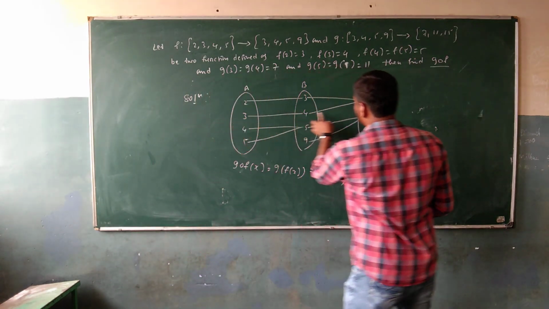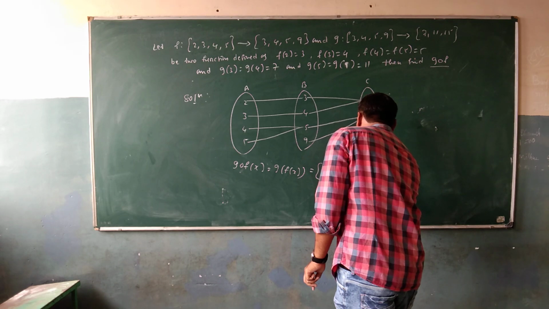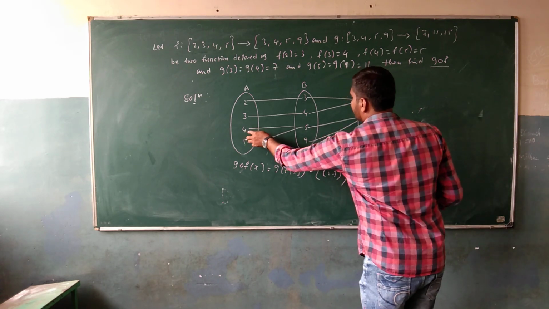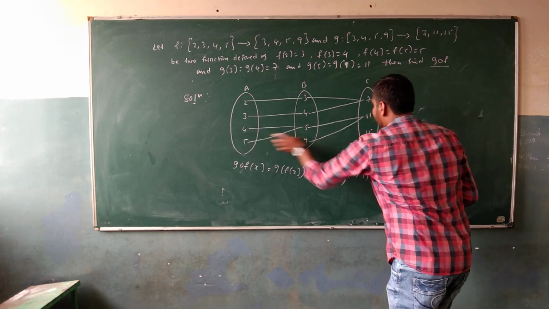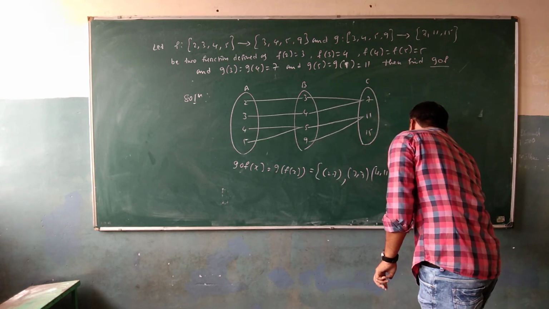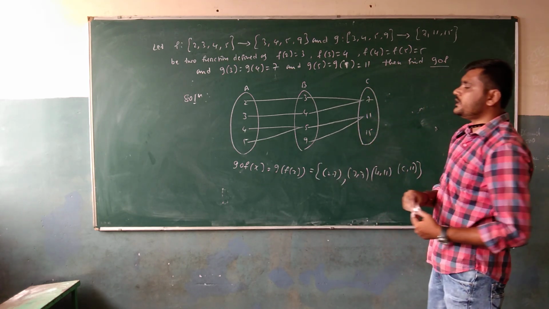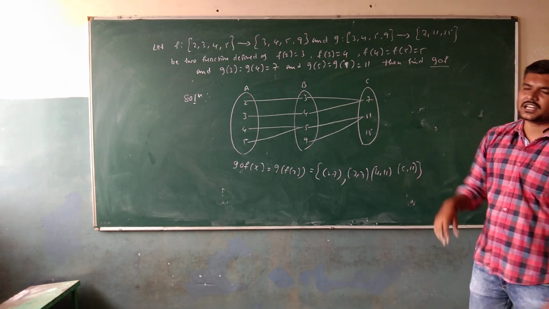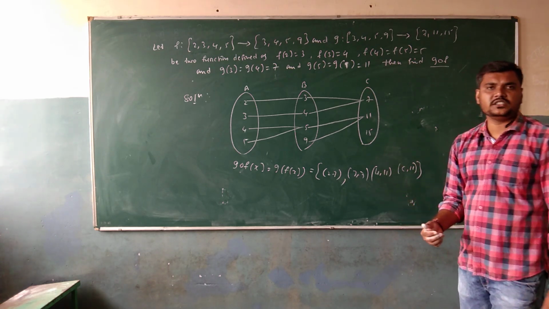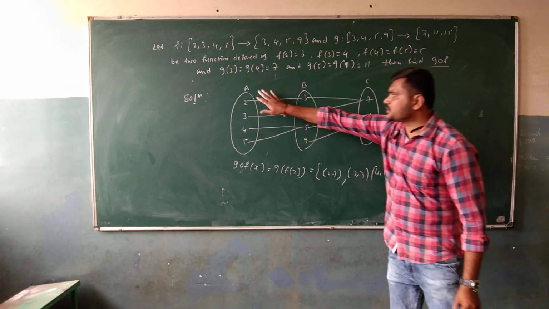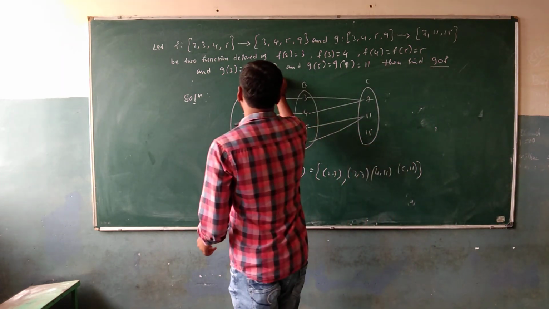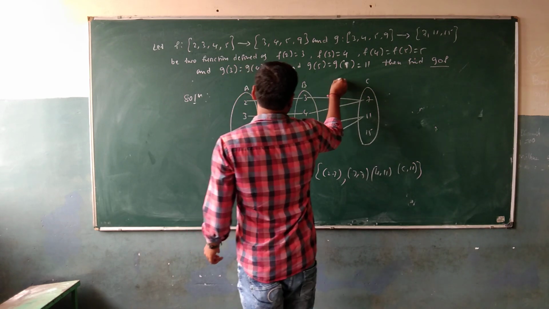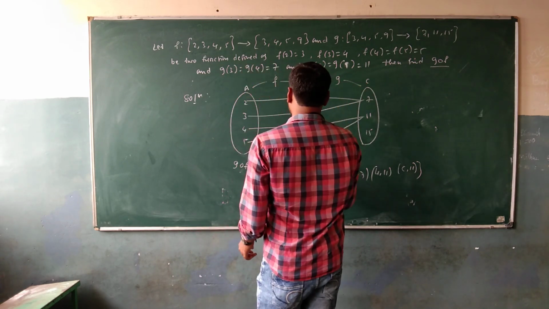Give 3. What comes for 3? 7. So 3, 7. What about 4? 4, 11. What about 5? 5, 11. So these are the elements present in g of f of x, or the composition of the whole function g and f. This is going to be the domain, and this is going to be the codomain from f. Now you can say that f is defined from A to B, g is defined from B to C, then g of f is defined from